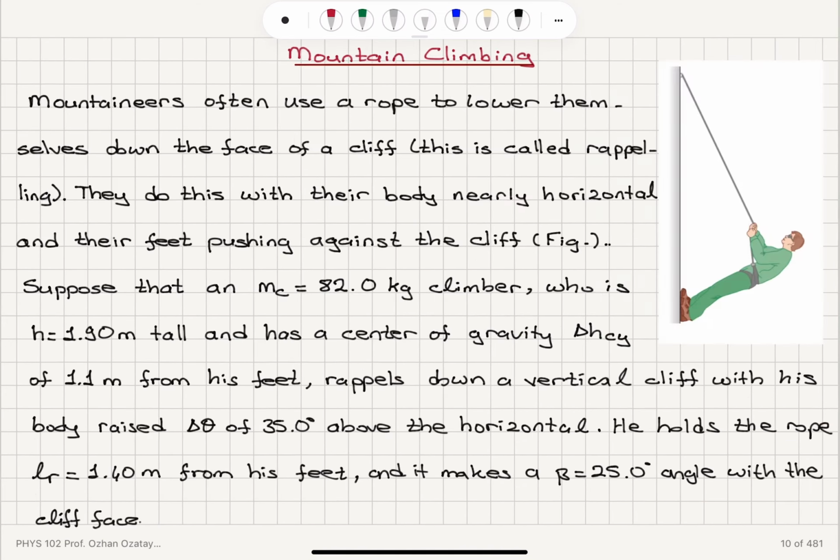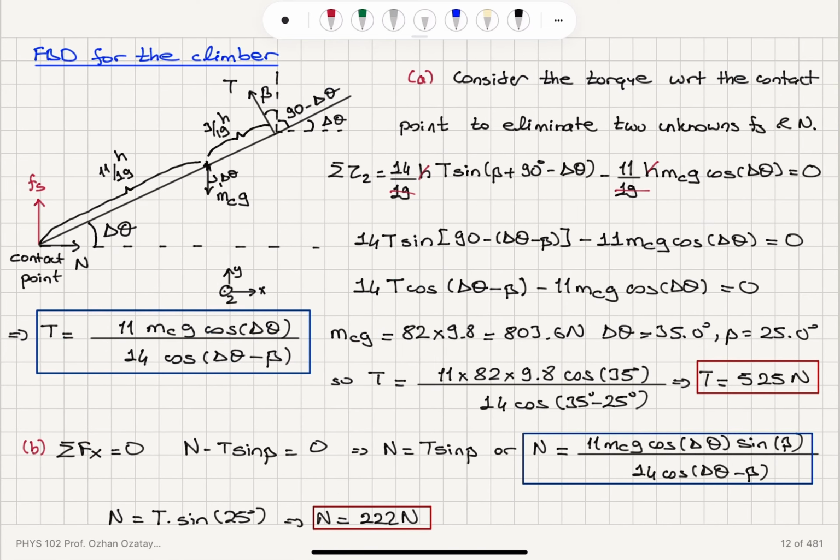Okay, so to summarize, we're talking about the rappelling procedure. A mountain climber holds his body almost horizontal and is basically supported by a rope, and the slipping of the climber is avoided by static friction in this setup. Now, knowing the location of the center of gravity, the location where the rope is attached to the body, and the normal and static friction forces, here we can draw the free body diagram,